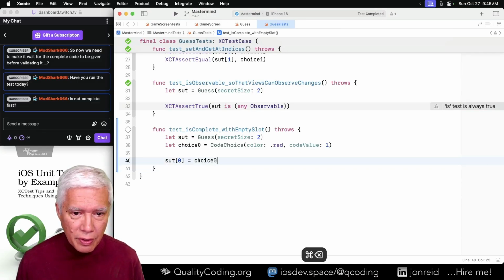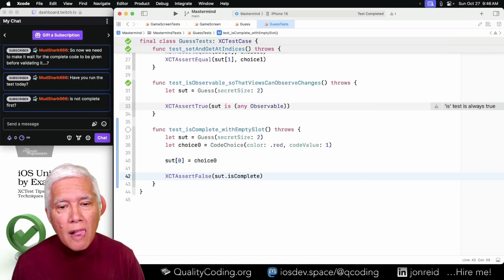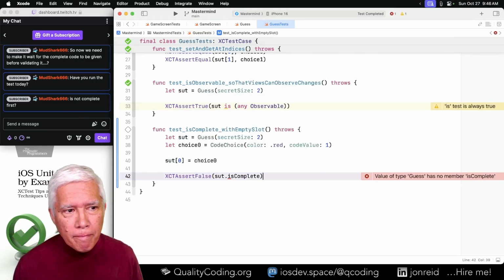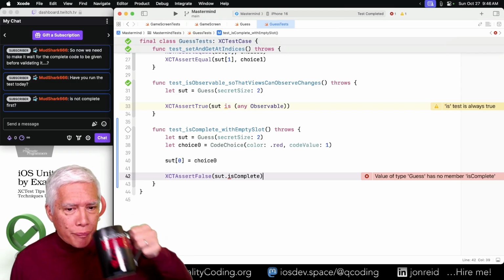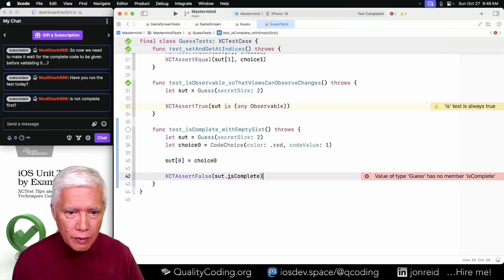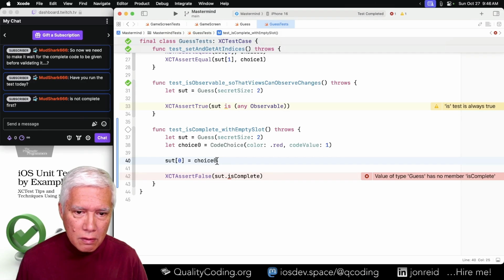If we set something, then is complete should be false. Something like that. Right, we've got a single empty slot. Let's go.